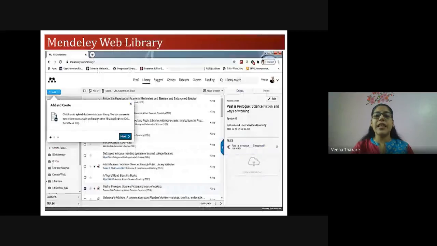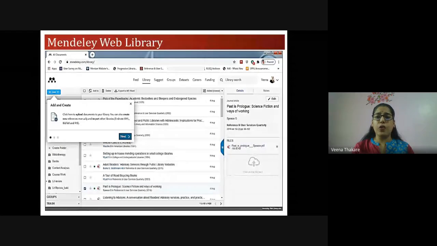So these features can be seen in the, if the time permits, I'll show you the live version of the web library. I have opened it on another tab. I'll also show you the desktop version. I've also opened it on another tab. App versions also, I have taken the snapshots, but if you want to explore, you can download the app version on your own smartphone and check that. So as I said, these important features can be seen here.